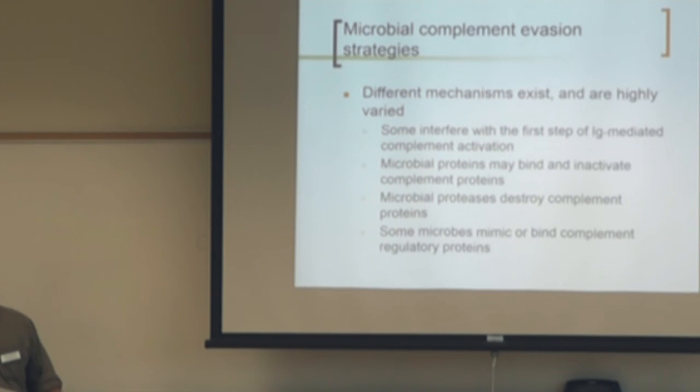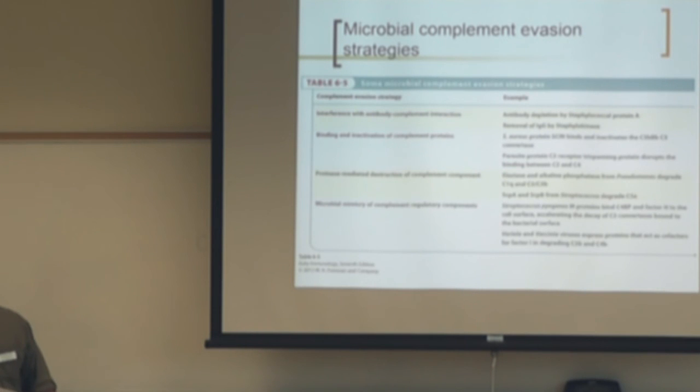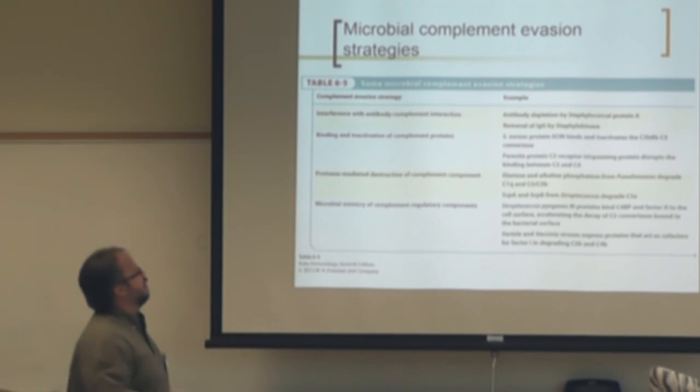Bacteria and different microbes have evolved proteases to destroy the complement proteins, or they mimic or bind complement regulatory proteins that will help to regulate that. So some examples are